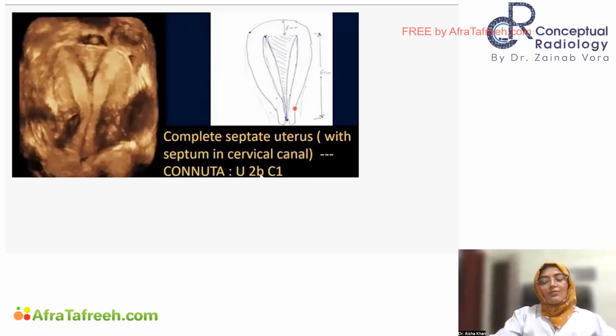In septate uterus, a lot of times we have to do an MRI even if we are confident on a 3D scan, because we have to tell them what the septum is like. Is it fibrous, muscular or fibromuscular? Because that is actually the most important thing that will decide whether we can resect it, is it safe or not. And apart from all your measurements, septal length, septal thickness, and the uterine wall thickness, all of those typical